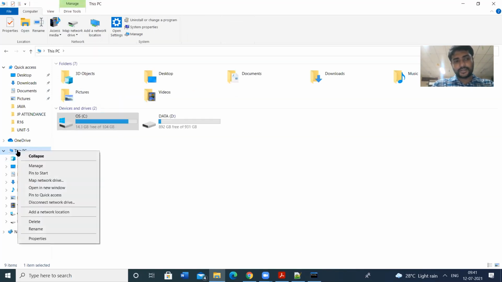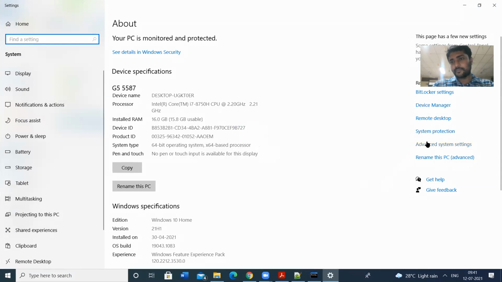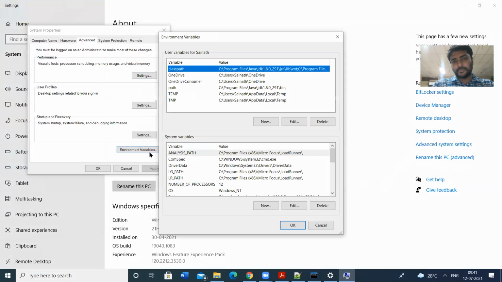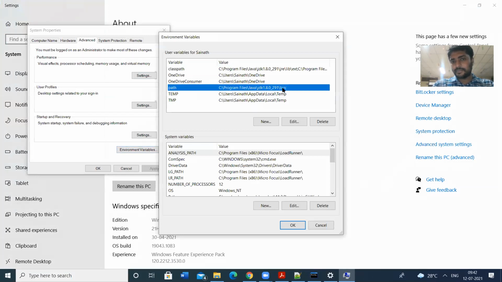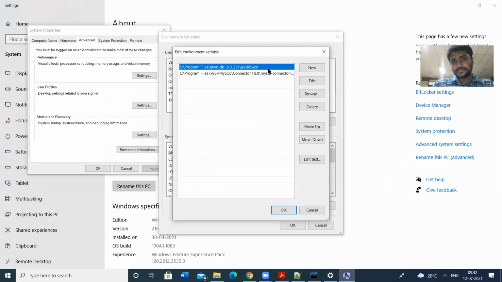Let us create the environment variables. Go to My Computer, Advanced System Settings, Environment Variables. In this, check the path. The path is already given as the bin. We have to add the class path here. Double click on this and add the class path. A class path is already available here, JRE, LIB, and so on.